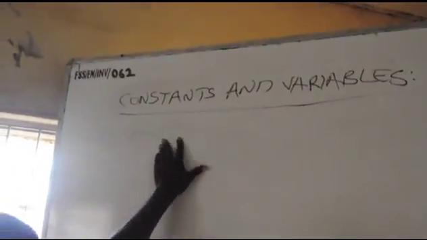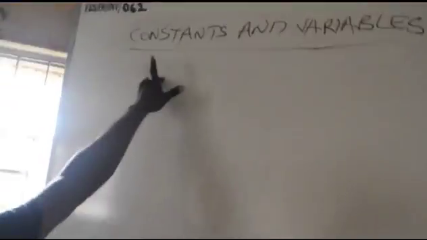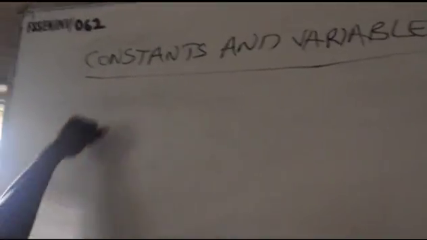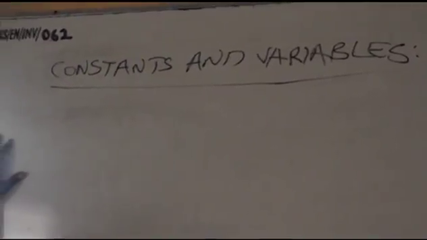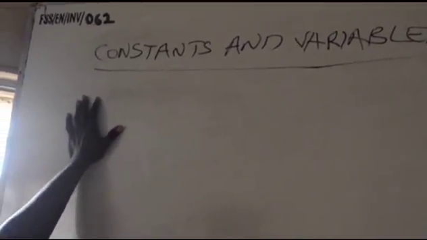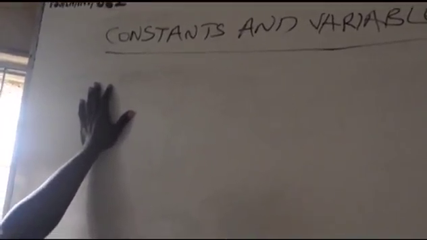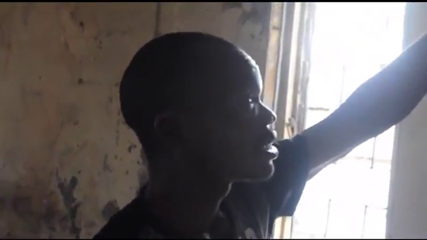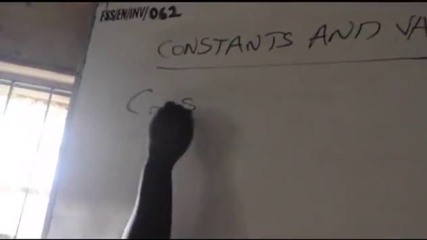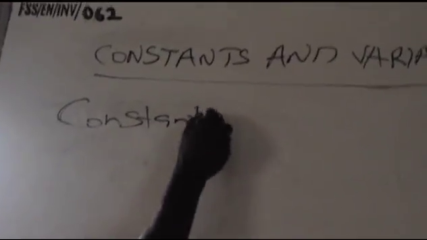What we are going to look at now is constants and variables. In our first work, we saw how we use a letter of the alphabet, the letter D, to represent a number. That is known as a constant. Examples of constants are,